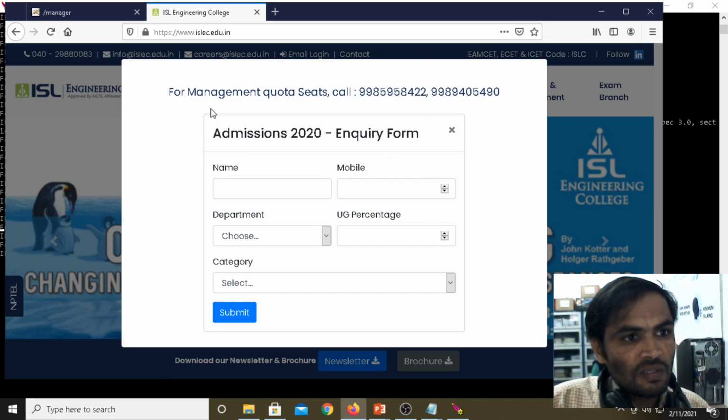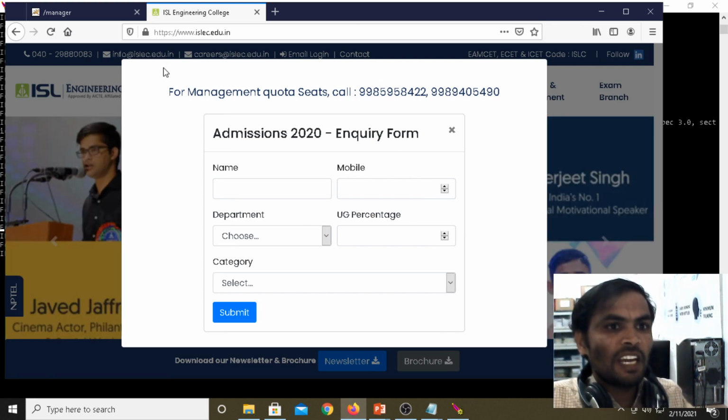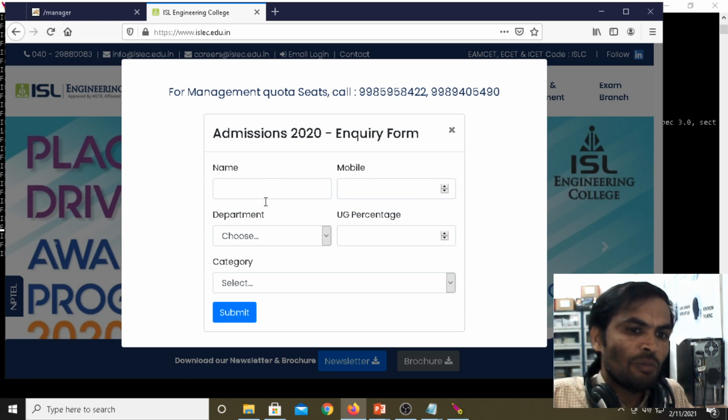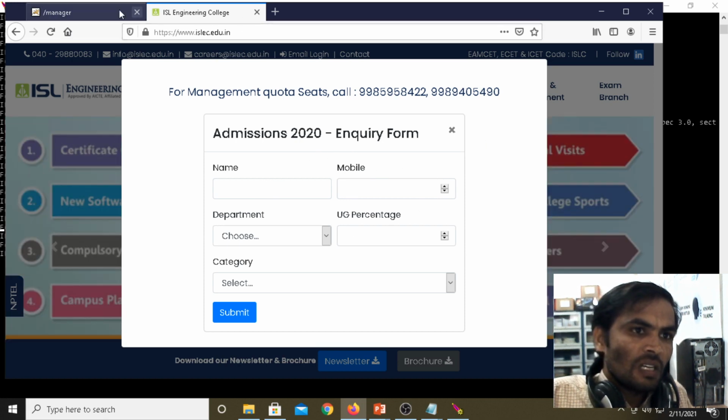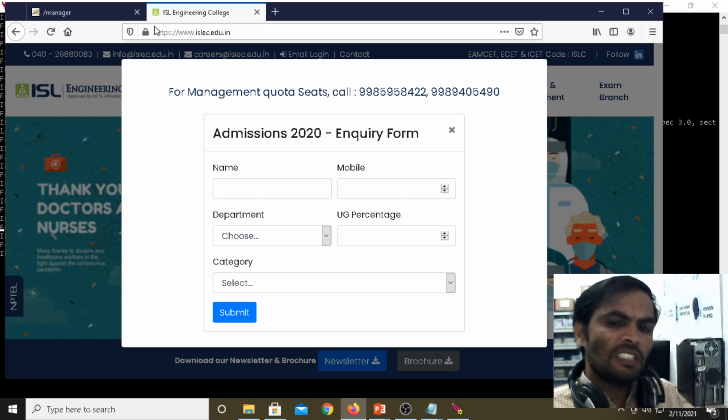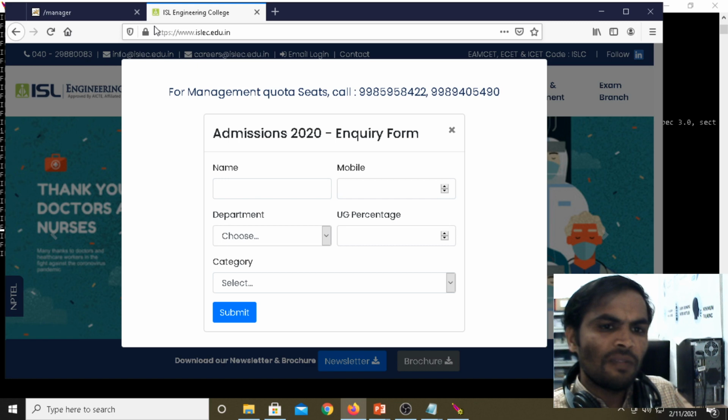Now see here. It is going to the ISL website. It is redirecting to the ISL page. Under the ISL page, name, mobile number. Internally, if you know the basics, we can design n number of applications.